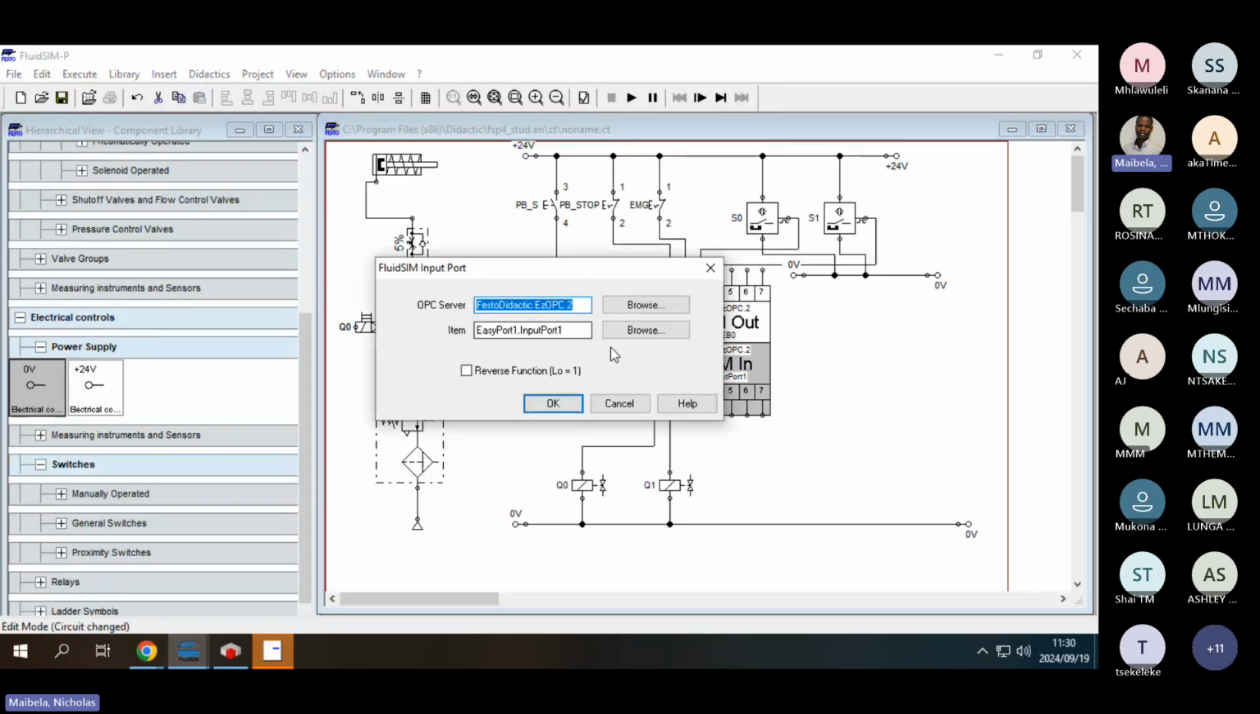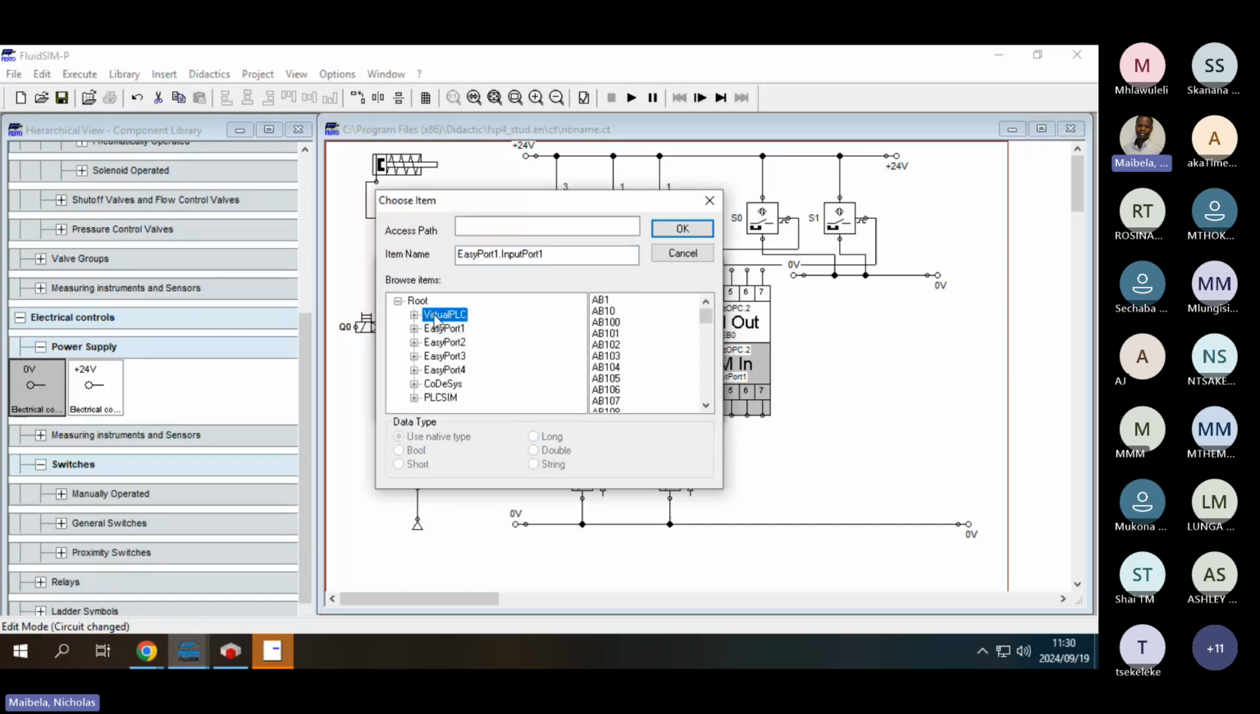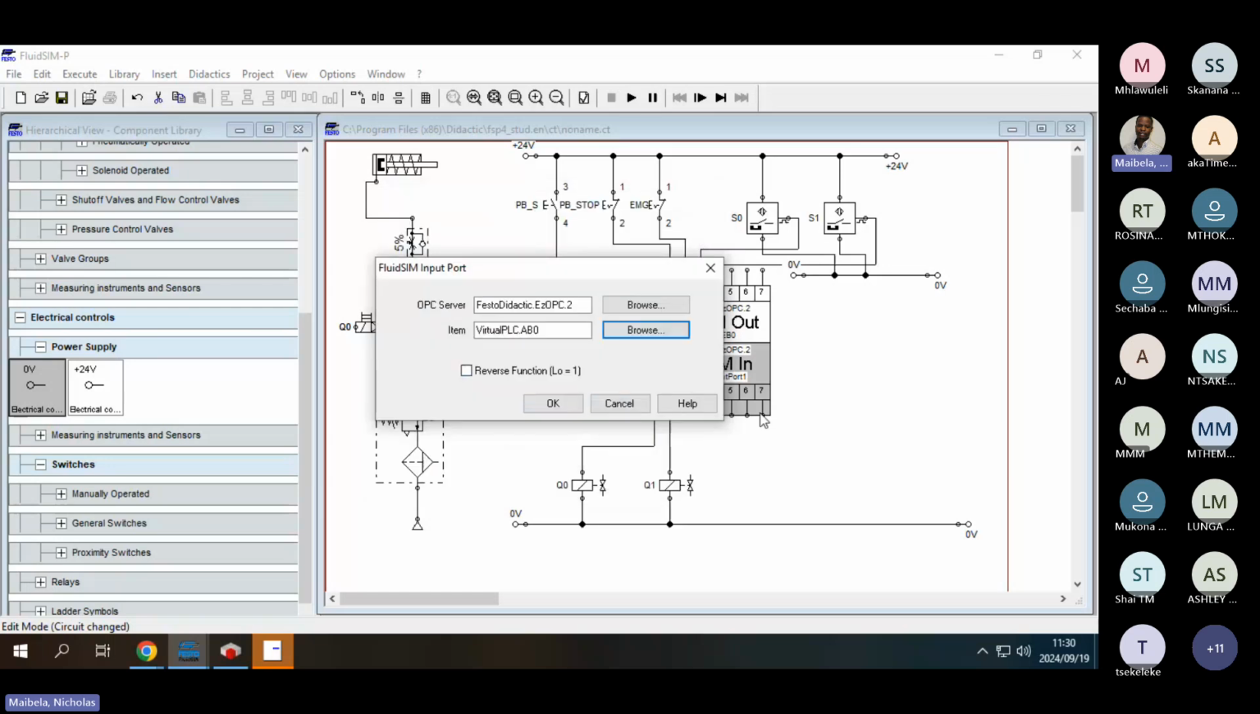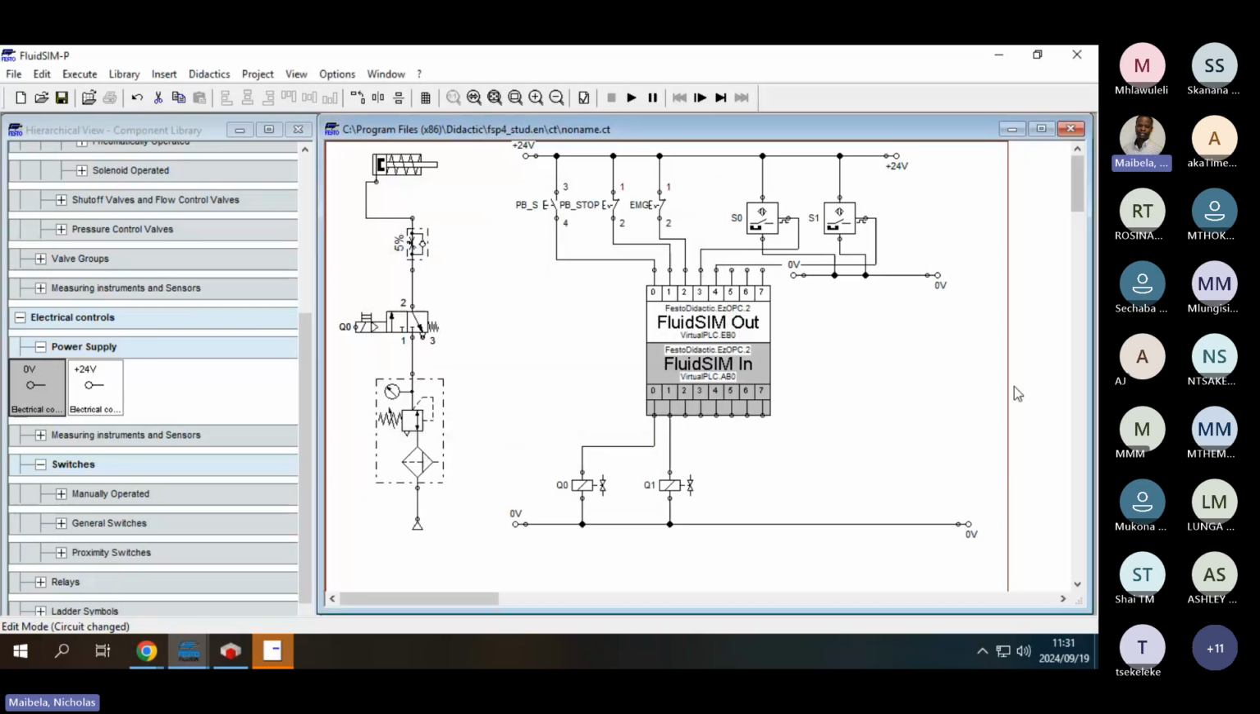And then we repeat the very same step, but there'll be only one slight change. So you'll click browse, and then you'll go to virtual PLC again, and you'll select AB1. But the only difference is you just change the 1 to a 0. So this item is for your outputs. And then you click OK, and then you click OK again. And then you are done with your